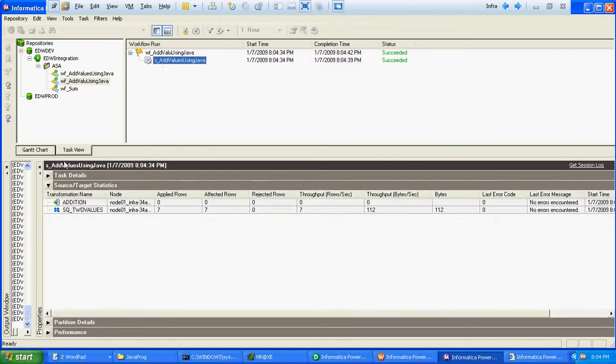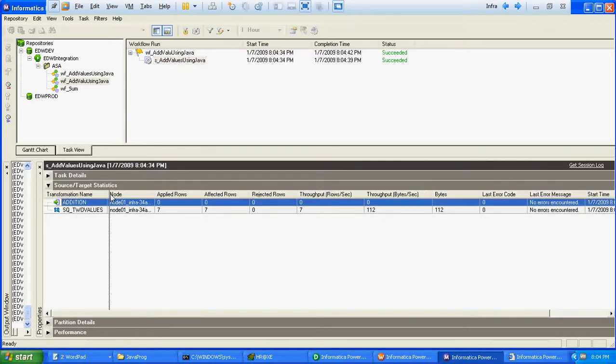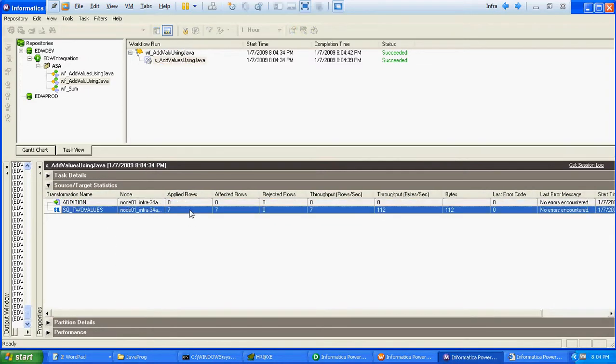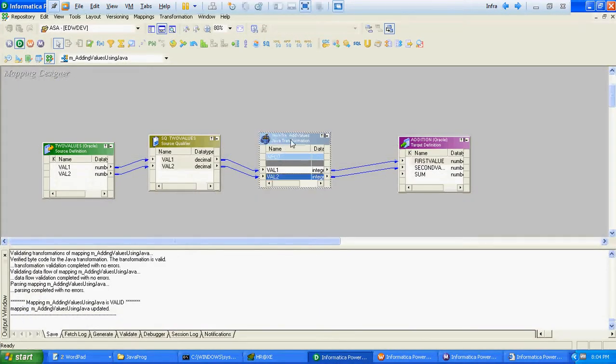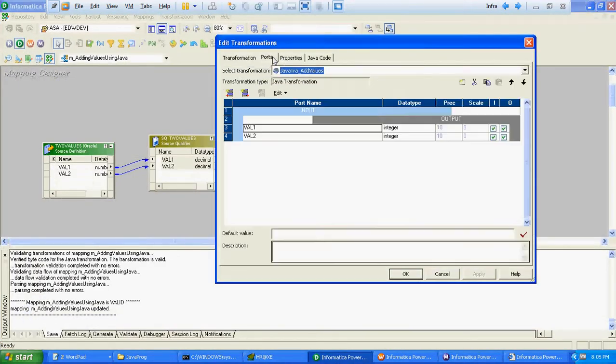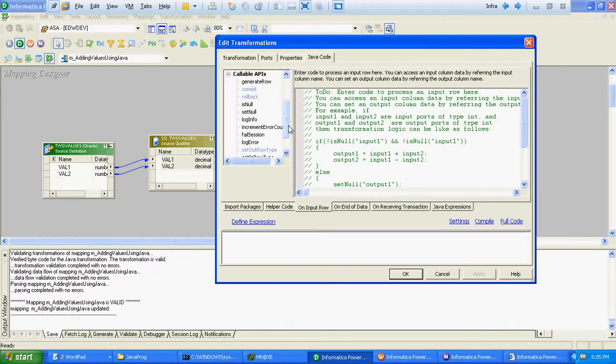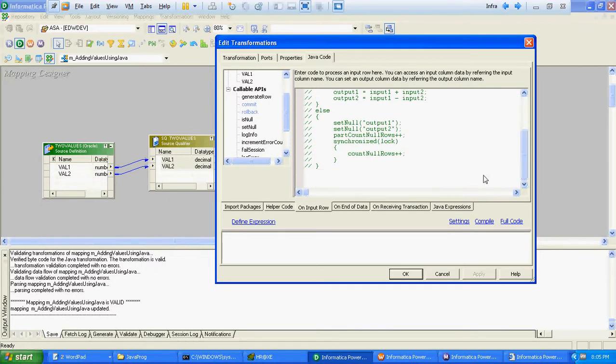Workflow completed. So you see, source qualifier has read 7 rows correctly, but there is not a single row got inserted at target level. That's because we have to call one particular API which is defined by Informatica.